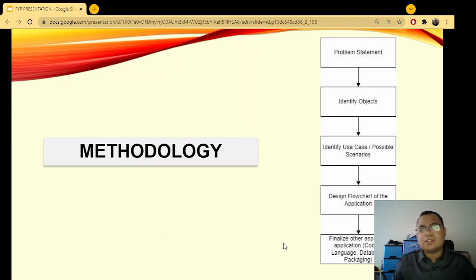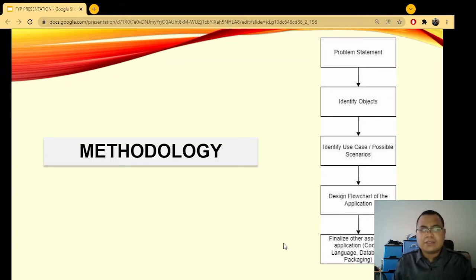The methodology for this project begins with dissecting the problem statement and clarifying the criteria that the software needs to fulfill. Firstly, we begin by identifying the objects involved and how they connect and interact with each other.